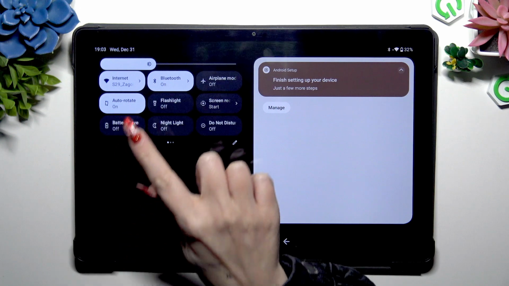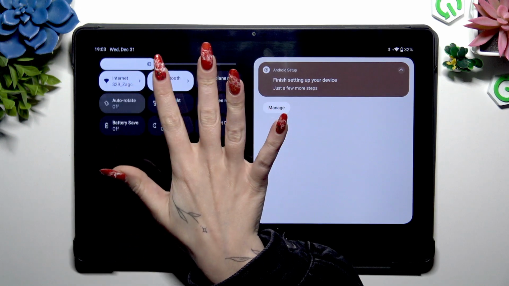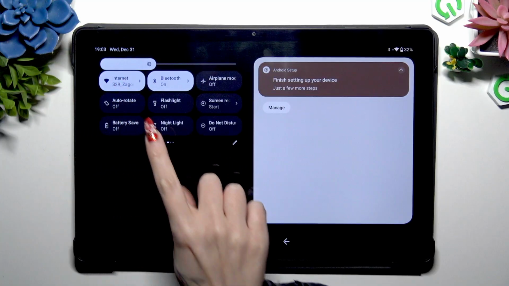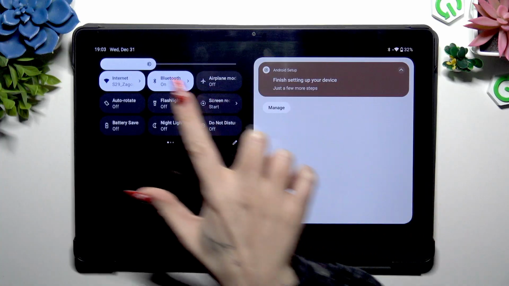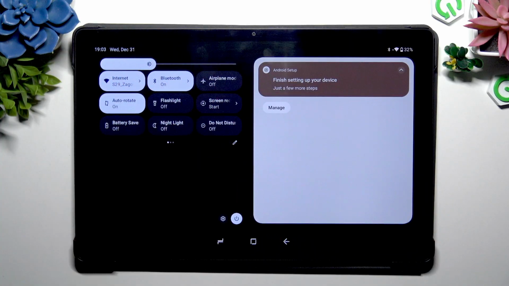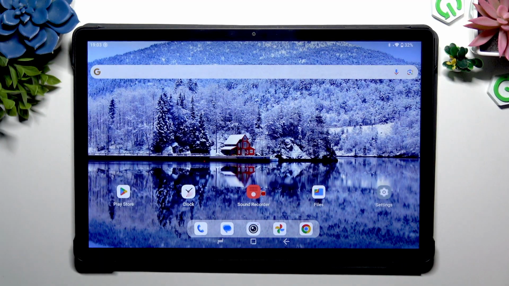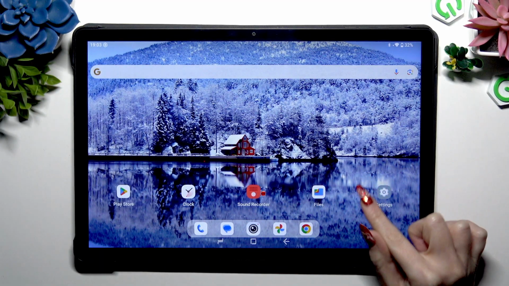As you can see, mine is here, so when I click, it turned black. That means that auto rotation is now disabled, but you can always enable it by tapping on the same shortcut until it's blue. If you have a bit more time though, you can also go into settings,